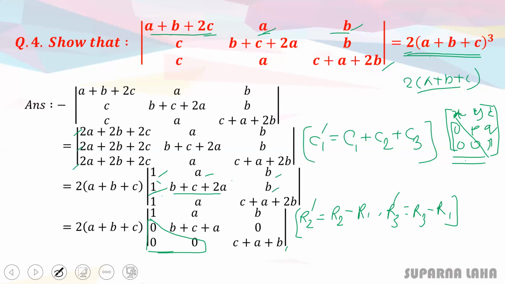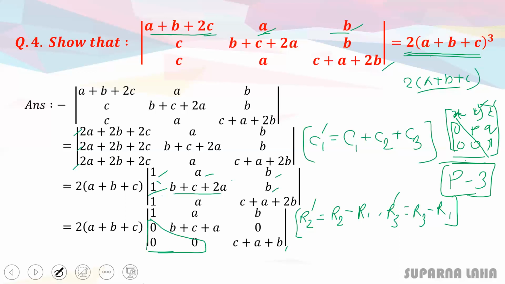Okay, if the upper elements are 0, that means in the place of Y, Z, Q they are 0, that time we will call this an upper triangular matrix. Ultimately, this is a triangular matrix. Now look at this property of the triangular matrix, that is property number 3. In this property number 3, it's given that if any triangular matrix is given, no matter whether it is upper triangular or lower triangular, its determinant value is just the multiplication of its diagonal elements.